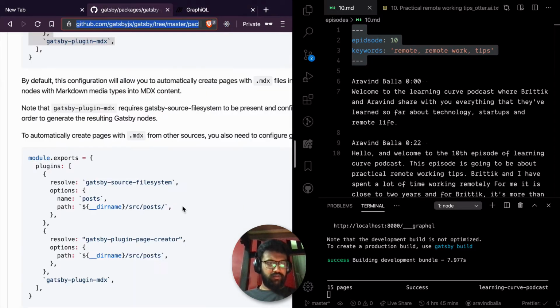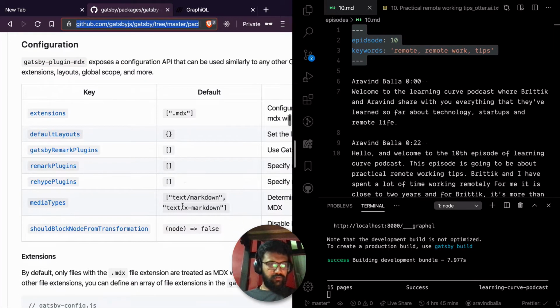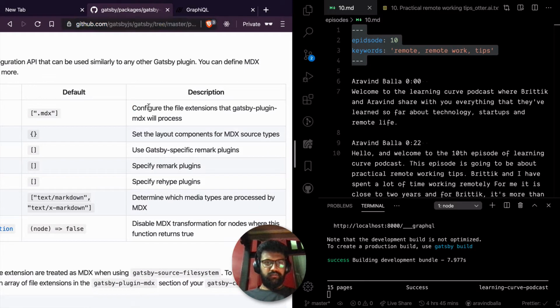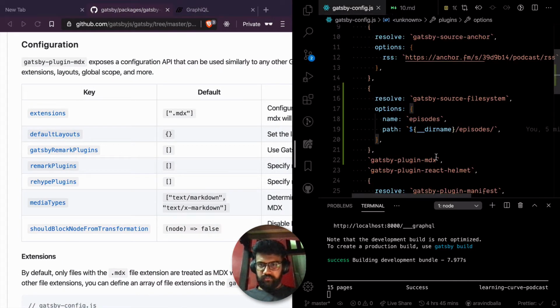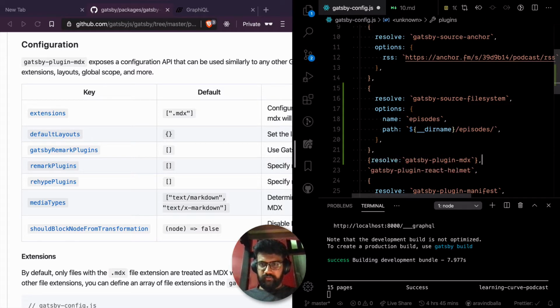Nothing works. And why is that? Oh, okay. Default is MDX, so I would have to change this to resolve, give it a bunch of options. So this is the template for that.